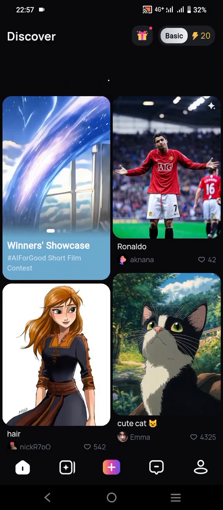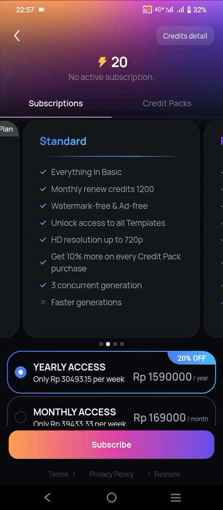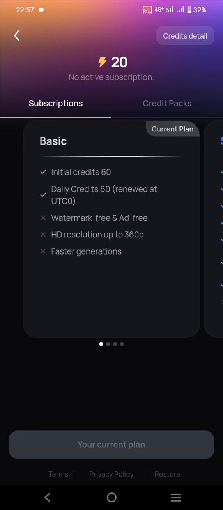This application will give you 60 credits as a new user, and this is the credit left in my account. And let's say if you run out of credits, don't worry, because it will be renewed with 60 credits at UTC 0 following your time zone. And let's go back to the